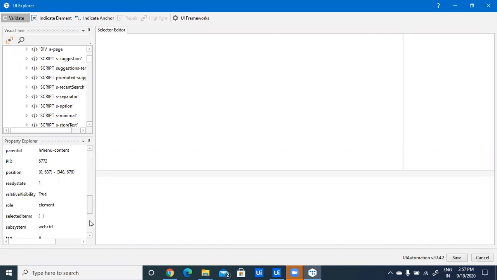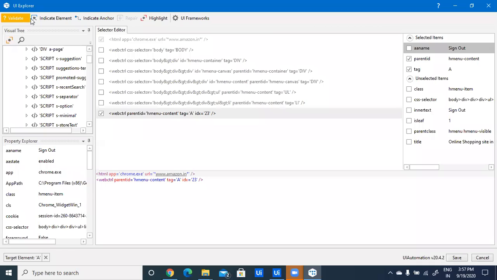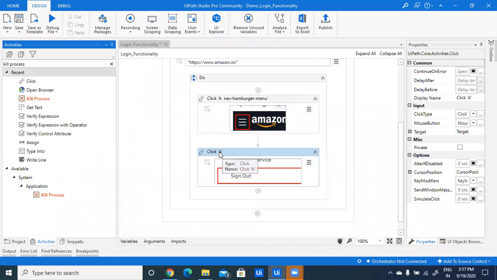So these are the selectors which are present for sign out. Just uncheck this selector. And validate it. And click on save. Then click on OK. So change naming convention.